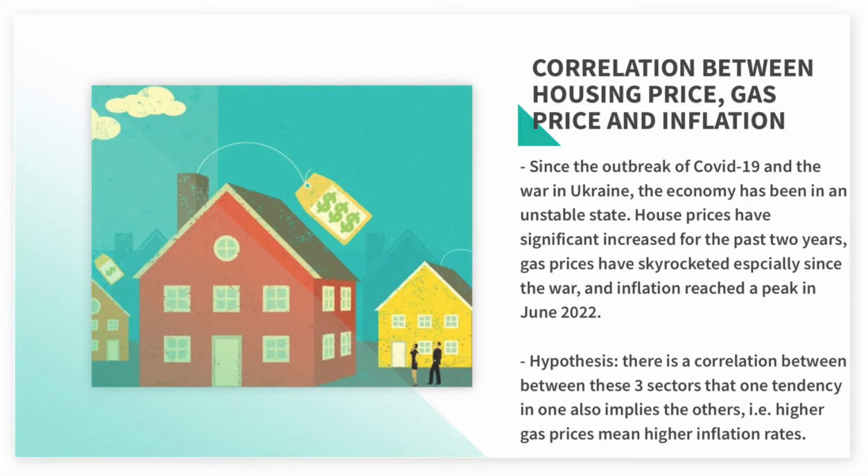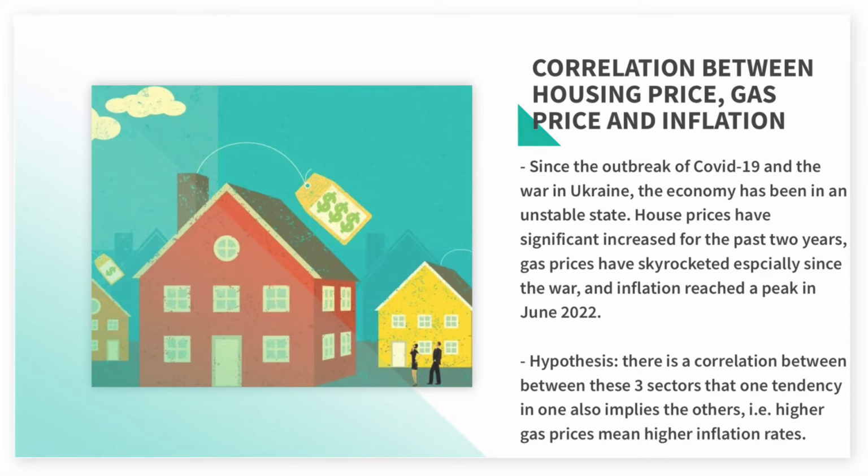But we wanted to look into this even further and in a more technical way by studying it for this project. So our hypothesis is that there's a correlation between these three factors: house price, gas price, and inflation. And we believe that it's probably going to be a positive correlation in which if one of these increases, then